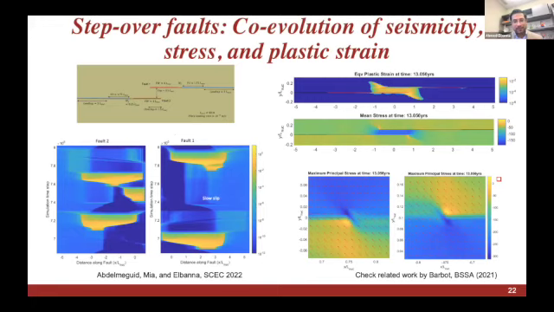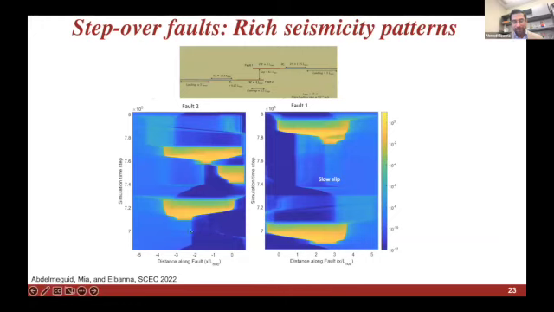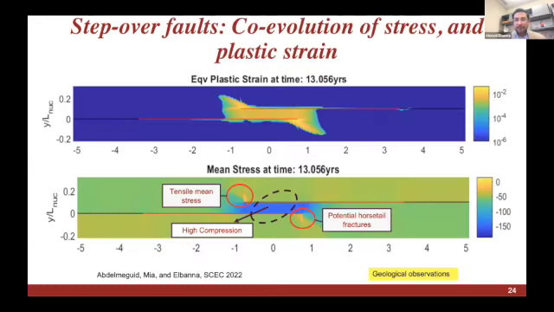So for example, here you see one complex sequence of events in the middle of the cycle, where we see that a rupture on one fault has changed the stress condition on the other faults. So you get another rupture here, and then a partial rupture triggers slow slip on one of the faults, and then you get some sort of rupture jumping and so on.